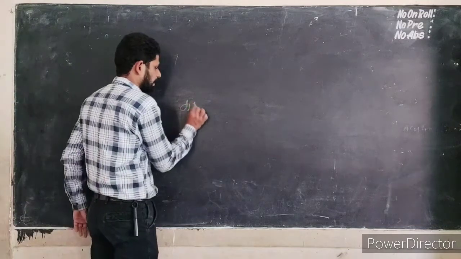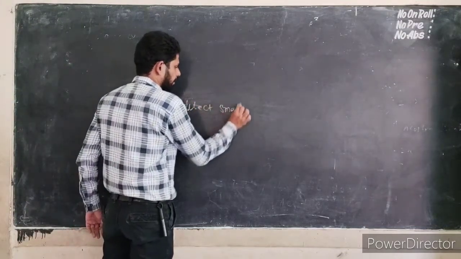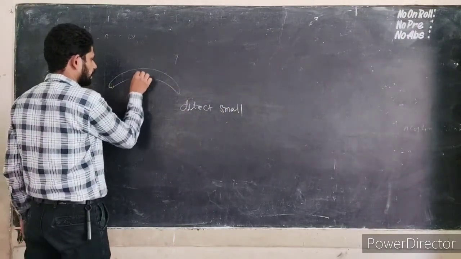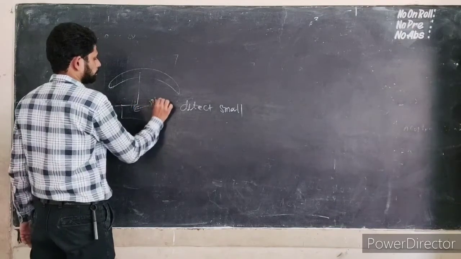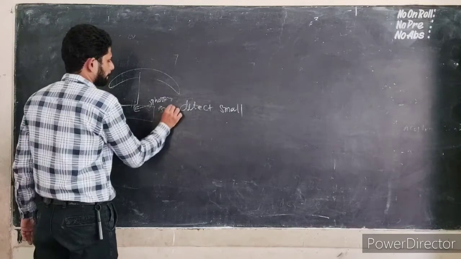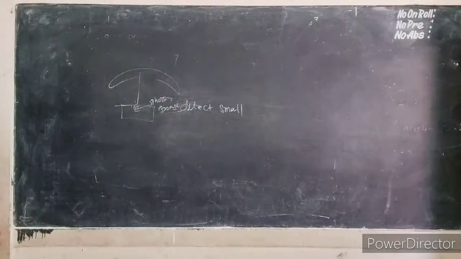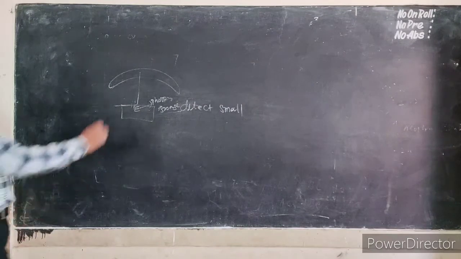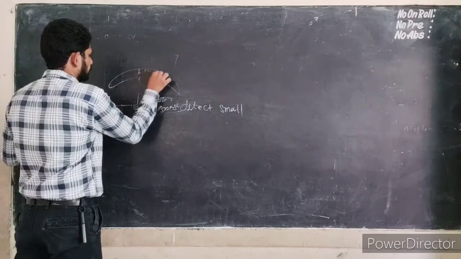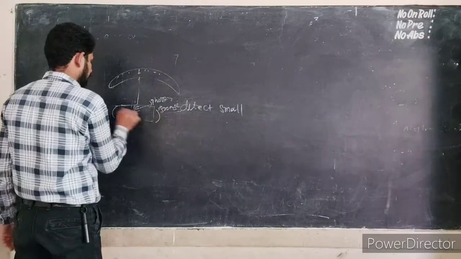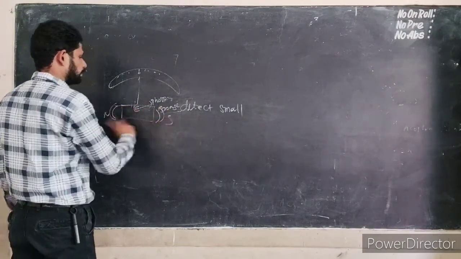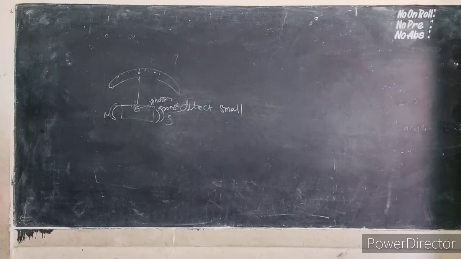The moving coil galvanometer is a device which is used to detect a small amount of current. There is a graduated scale, and phosphor bronze, which has a small couple per unit twist. The coil will be deflected. What is the principle used here? When a current carrying loop is placed in a uniform magnetic field, it experiences a torque. So the north and south poles give a uniform magnetic field, and the torque will be acting on it.